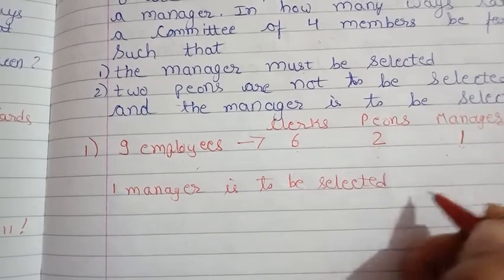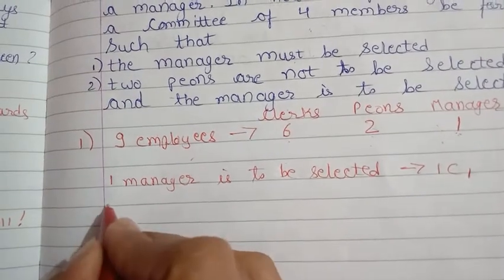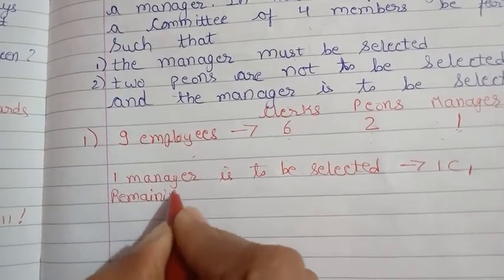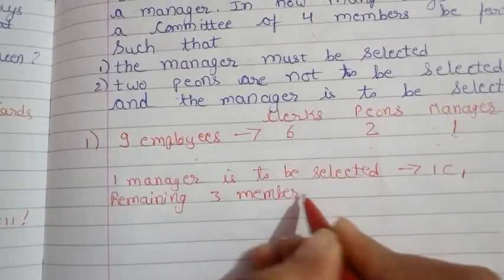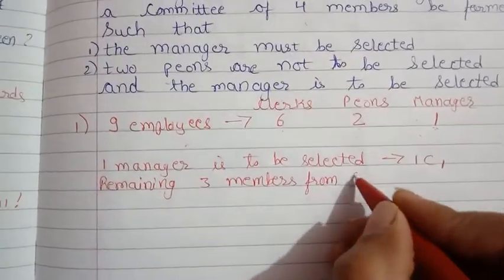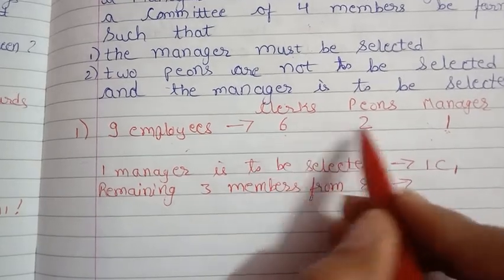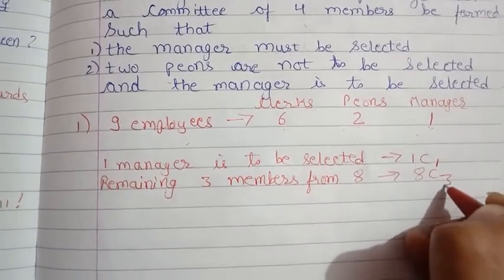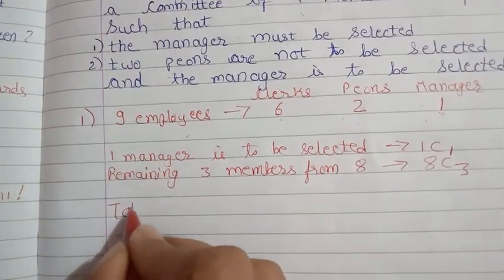That can be done in 1C1 ways, and the remaining three members from 8 employees, that is 2 plus 6 or 6 plus 2. That can be done in 8C3 ways. So total combination is equal to